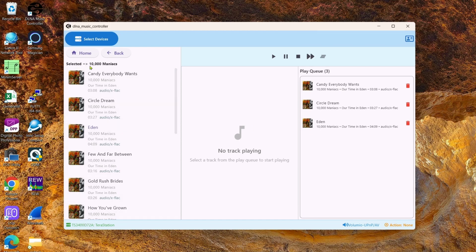You can see that I'm in the 10,000 Maniacs artist. At the bottom here, I have the NAS storage device called the TerraStation that has the music on it. And on the right, I have the renderer showing it with a little speaker. And then the action is what the renderer is doing at that moment. Right now, there's no action because I haven't pushed play. So I'm now going to push play,